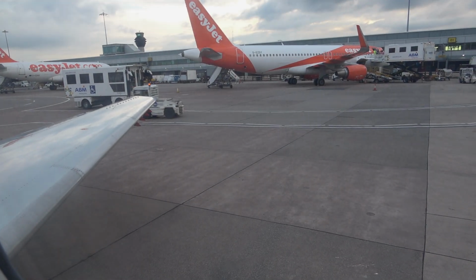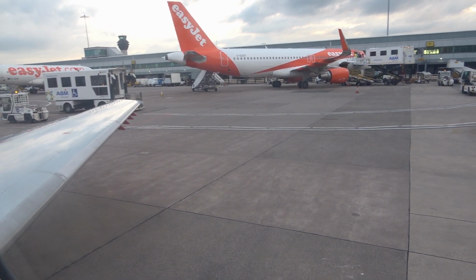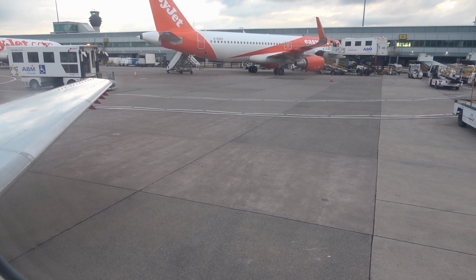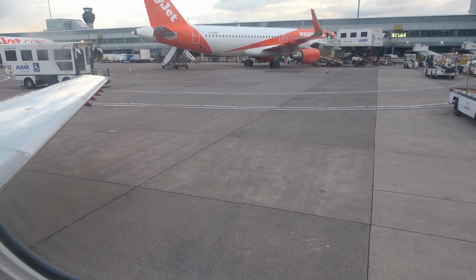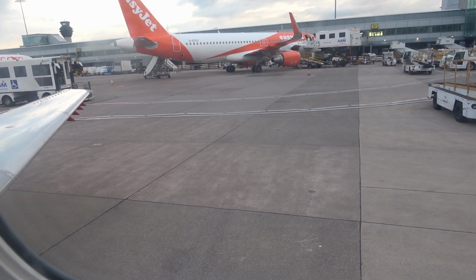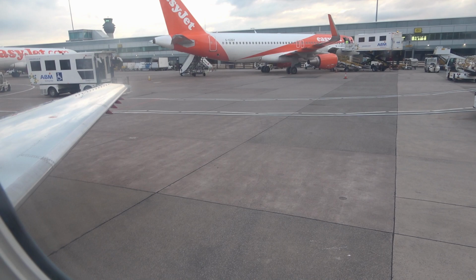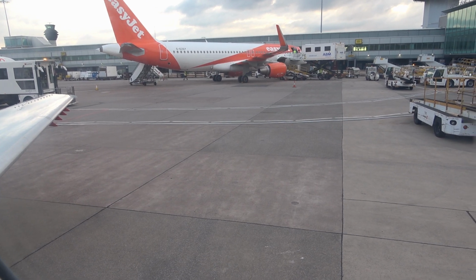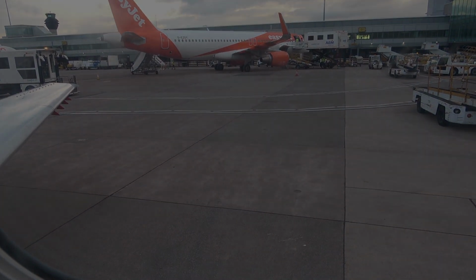The cabin you've met, Alistair. That's just about ready for departure. Soon underway. As soon as you do, like Alistair said, you're ready through a safety demonstration. We would appreciate your full attention for this. This does contain important safety information that's relevant to this aircraft. And it's only going to take a minute. Depart in a southwesterly direction this evening with a right turn after departure, routing up towards Leeds Bradford, left turn, then up towards Carlisle, kept to the northern edge of the Lake District via the borders and Lanarkshire over the...